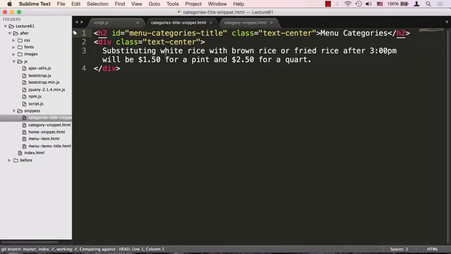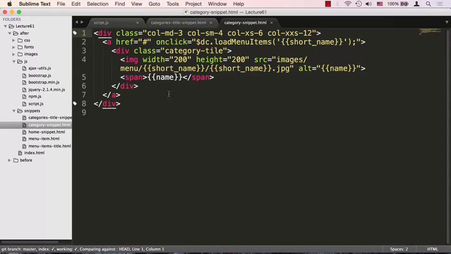And I separated the menu categories page into two snippets. One is categories-title-snippet.html, and all it is is just a heading of that particular page. Remember, the heading 2 is kind of the subheading already, and it's just going to say menu categories. And the reason I separated that is if you look at category-snippet.html, it only has one category, or HTML